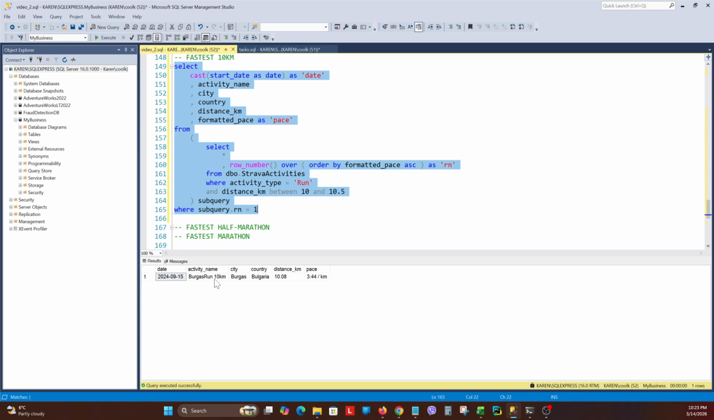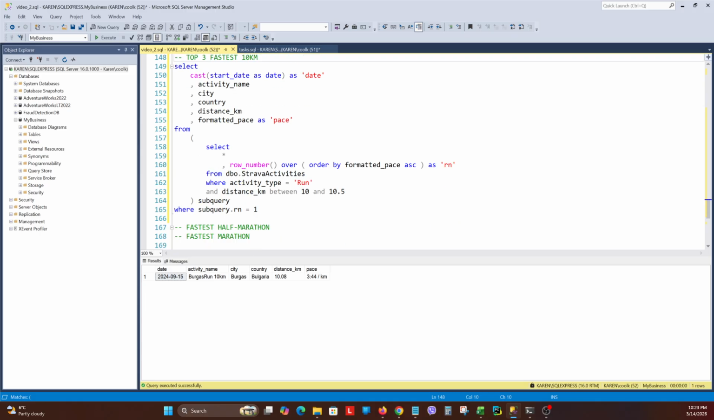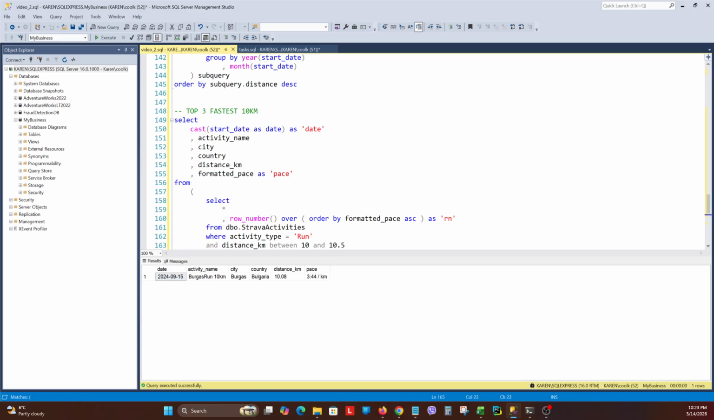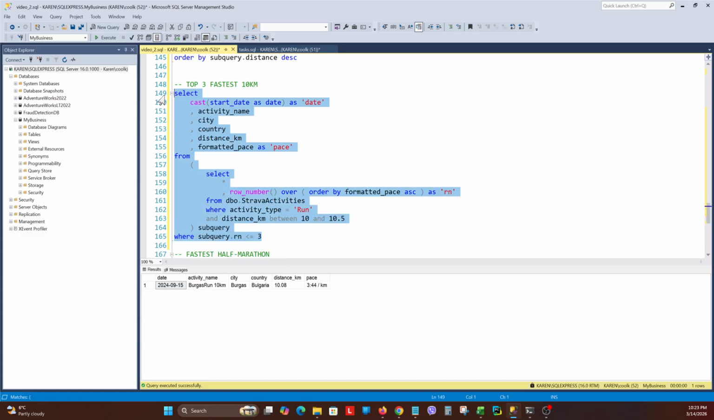And yeah, it returns on those fields. And maybe instead of fastest, maybe you'll be interested in my, let's say, top three fastest. In this case, all I need to do is change this to less than or equal to 3. And I think for those that are interested to monitor their progress, writing a query like that is a great